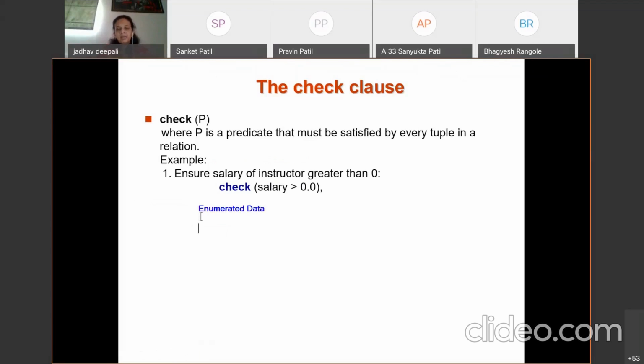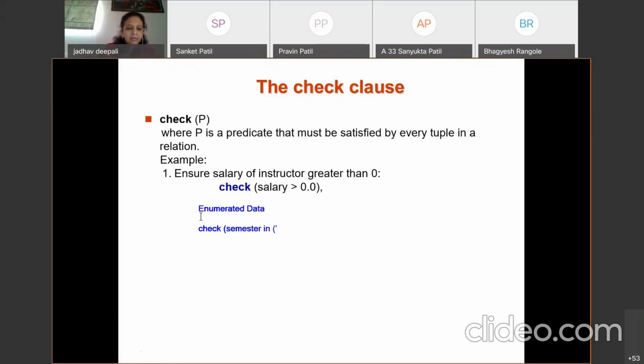Suppose the semester value should be between some given values, or say the sex of a particular person. So check semester. There are suppose 4 semesters. Semester in, and in brackets we write down those 4 values.